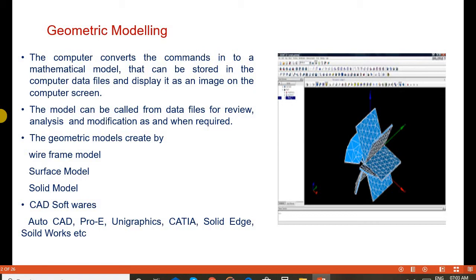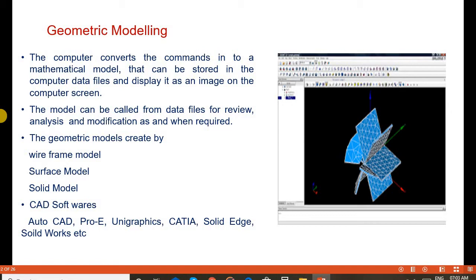Geometric modeling creates different types of models. We can create wireframe models, surface models and solid models. These three types of models play an important role in designing products.